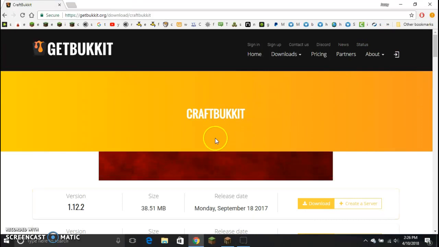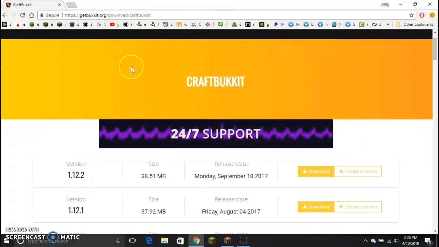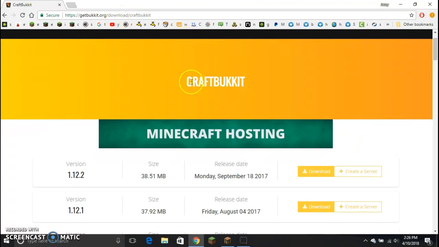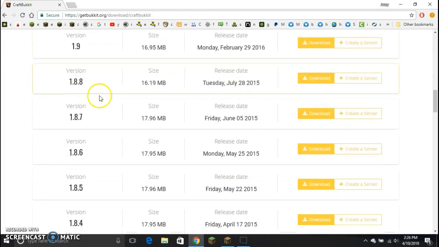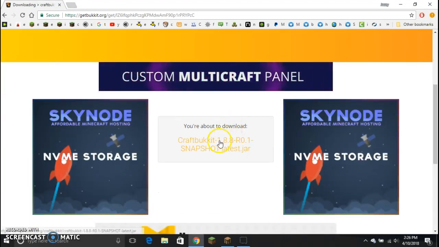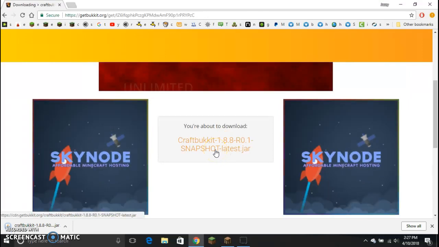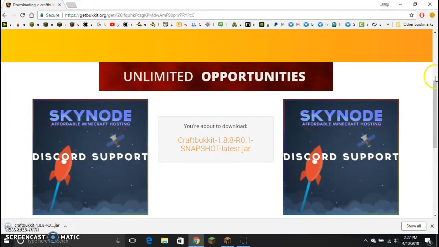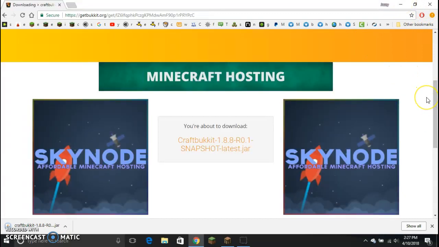So let's start. We're going to go to the CraftBukkit area. Go to getbukkit.org/download/CraftBukkit. Okay, 1.8.8, that's what version I want. I'm going to download the 1.8.8 CraftBukkit. Okay, you're going to download that, and while that is downloading, just so you know,